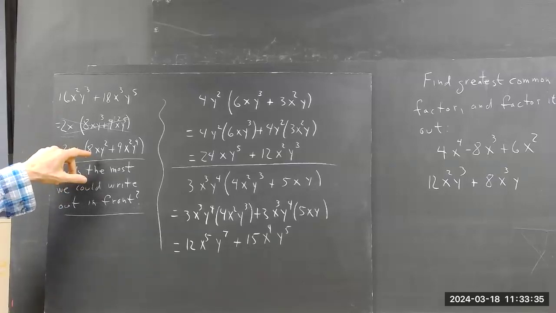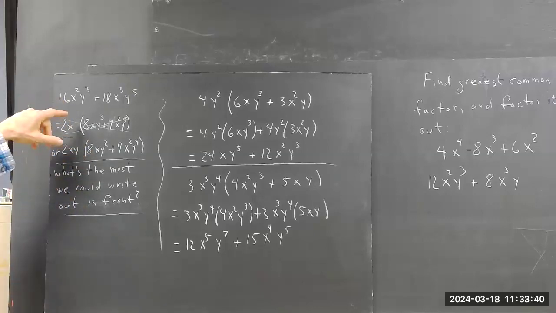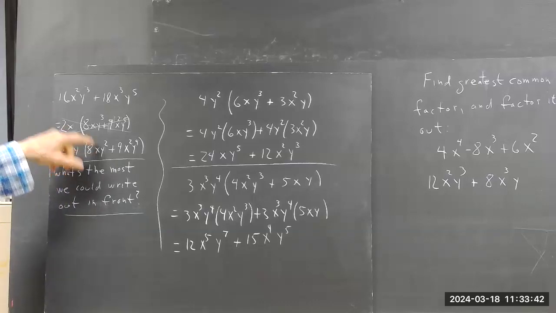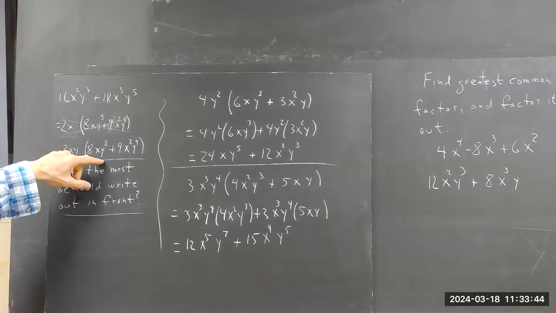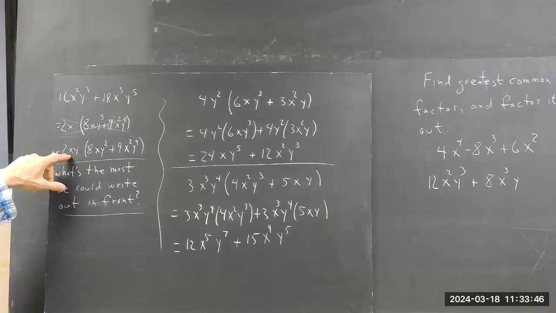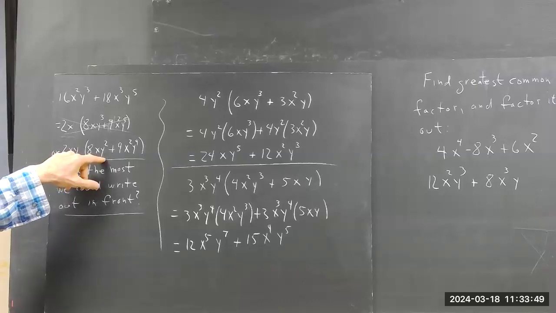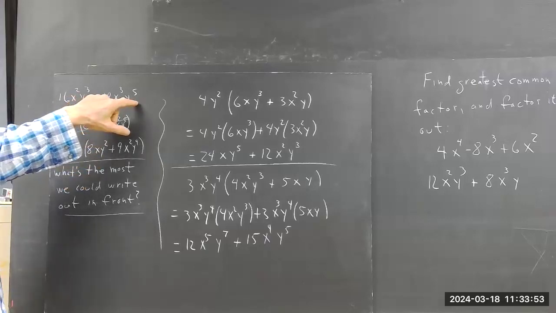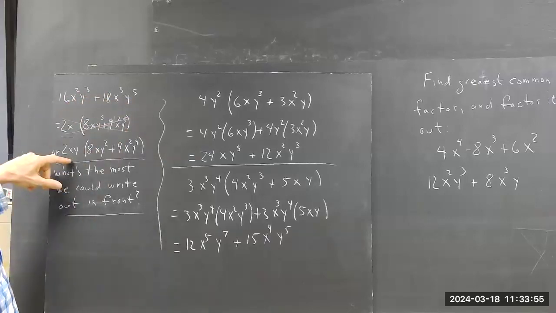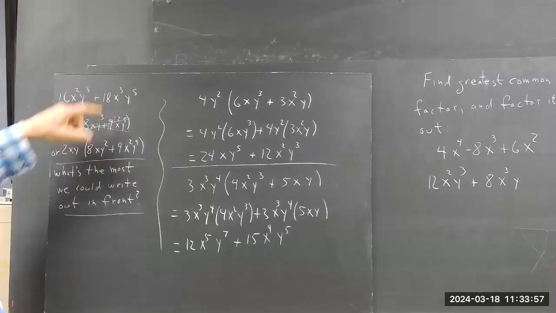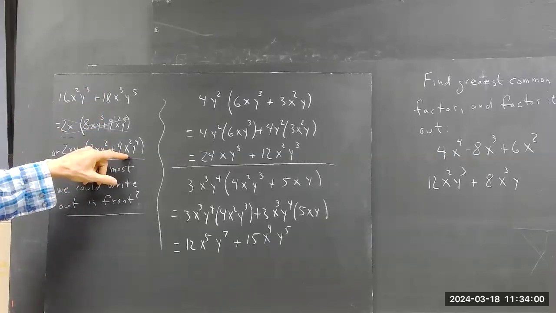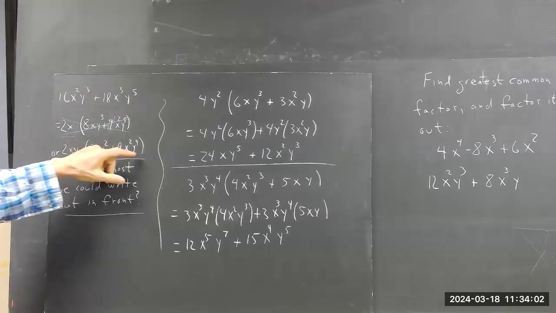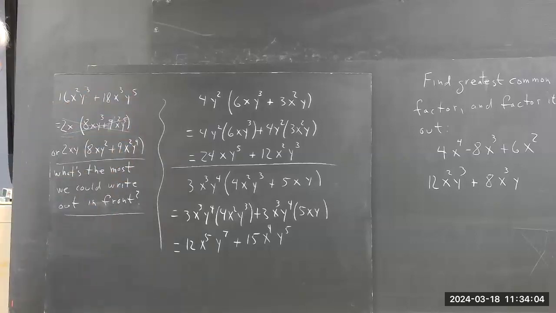Well, 2 times 8 is 16. So we've got to have an 8 there. X times x gives us x squared. Y times y squared gives us y cubed. So we could have an 8xy squared in here. And then to get the 18x cubed y to the fifth, 2 times 9 would give us 18. X times x squared would give us x cubed, and y times y to the fourth would give us y to the fifth. So if we pull out a 2xy,